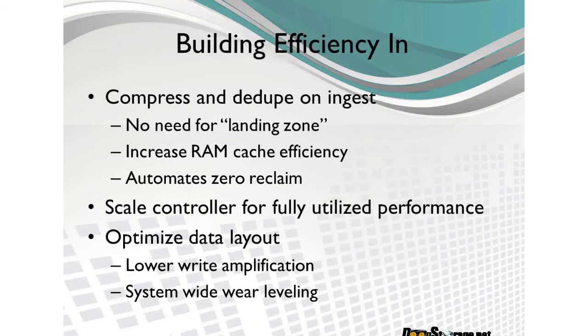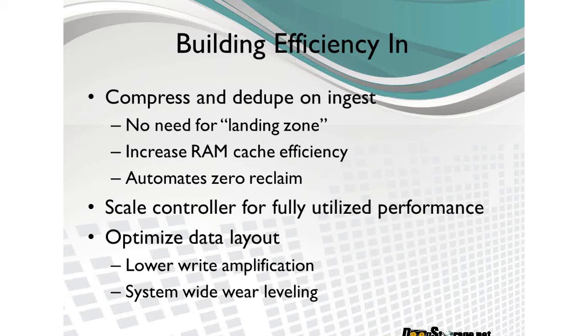So how do we build efficiency in rather than bolting it on? Well, first, we compress and dedupe on ingest. That is, we do these processes as soon as data arrives at the storage system. If they were post-processes, we would need a landing zone, additional storage space to hold the data until it was deduped and compressed. We need to increase RAM efficiency, and by compressing and deduping immediately upon receiving the data, we